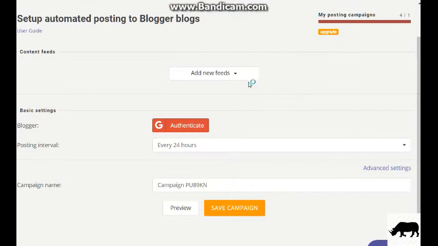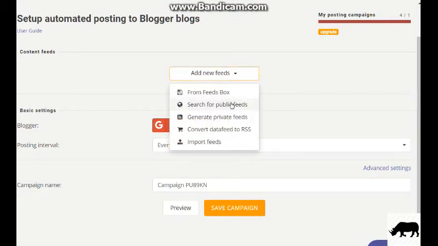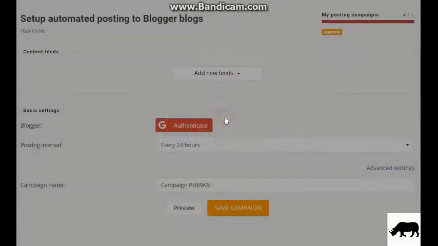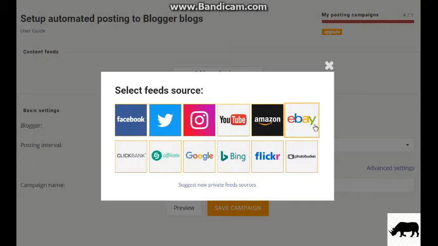So here, you can select from here. You have to search for public feeds or generate private feeds. I'm going to make public feeds, because if I click on generate private feeds, I don't see a blogger here. These private feeds work for Facebook, for Twitter, for Instagram, for YouTube, for many of these social websites. You can automatically post to these as well, according to your subject and your keyword.